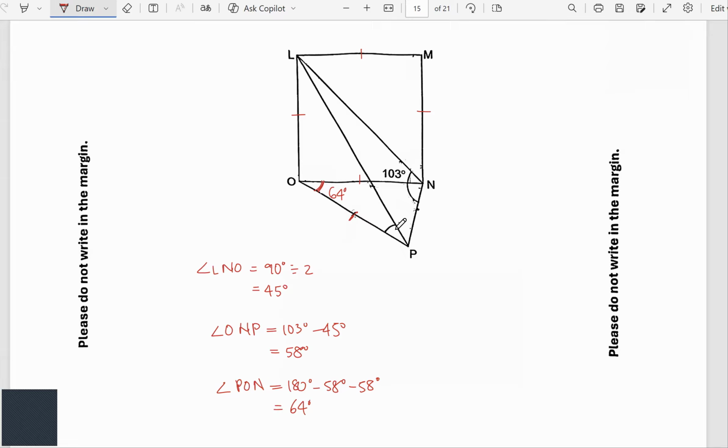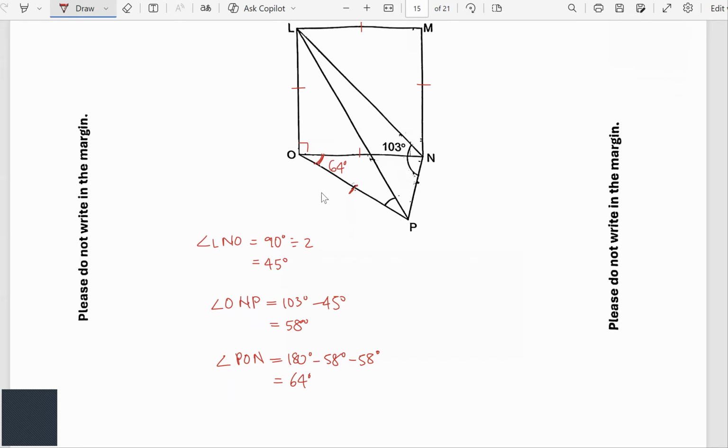Take note, we're finding this. So you have a right angle here. LON is right angle. So LOP